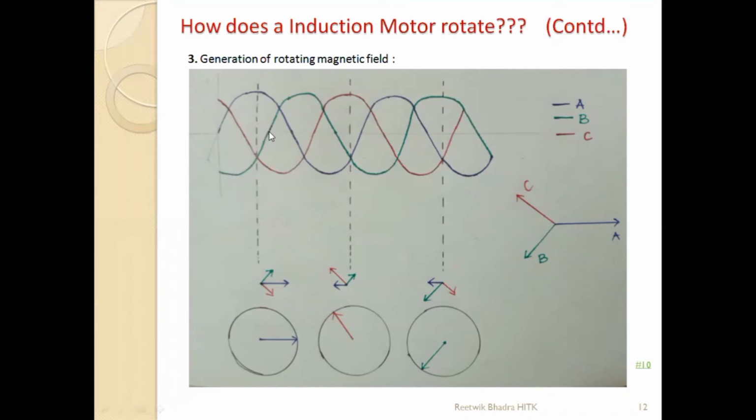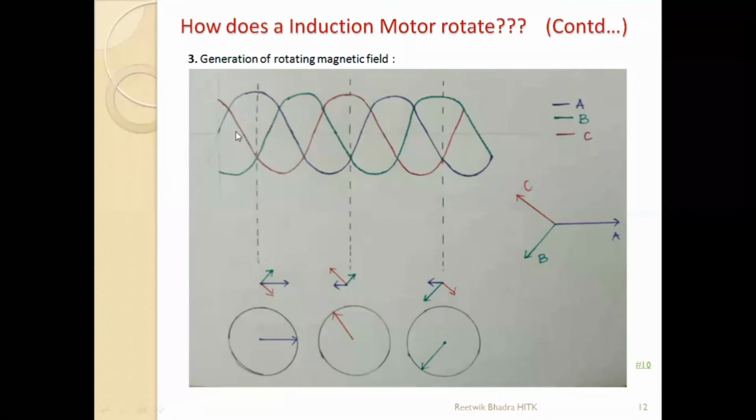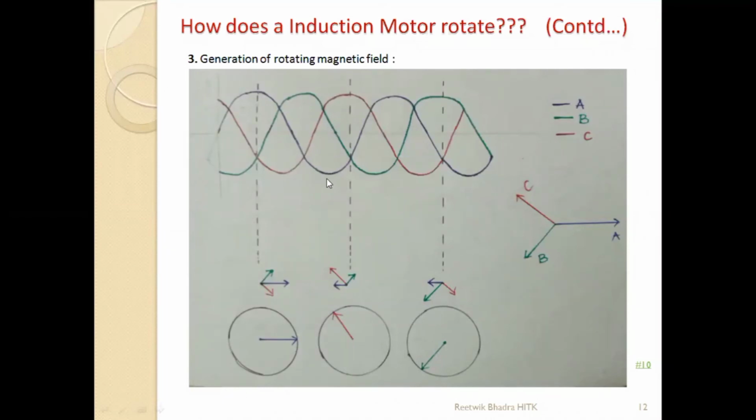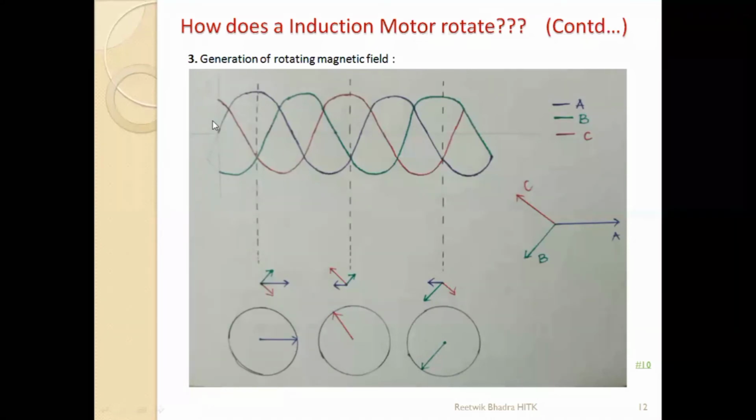Because if this is the 0 point I am considering, a sine wave appears with peak at 90 degree, then decreasing. Then the red color line represents your C phase. When you are drawing a sine wave, how do you draw it? 0 at 0, 90 peak, then 180 is 0, right? So at 90 there will be a peak.